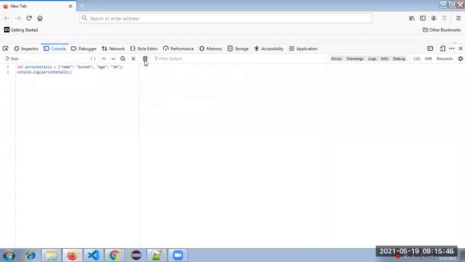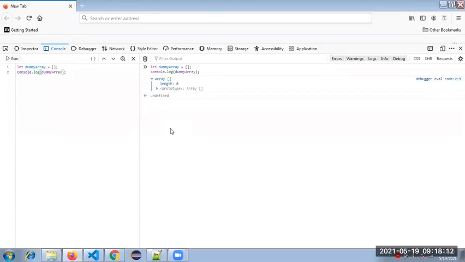I will write it down. How does it look in memory?